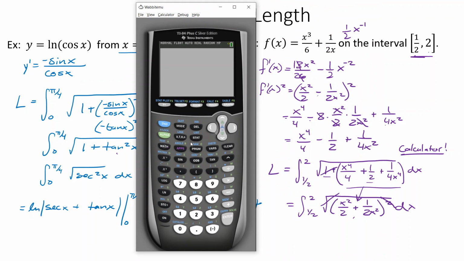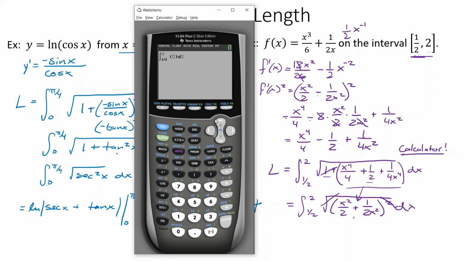So let's see, math, number 9. We're going from 1/2, 1 divided by 2, to 2. And let's go ahead and do the square root. I'm going to do the original back here, just to see what we get there. 1 plus x to the 4th, out of the exponent, divided by 4 plus 1/2